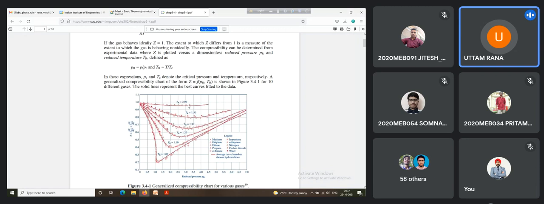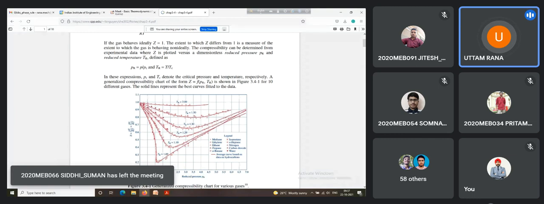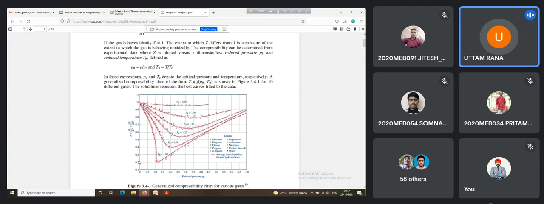Now the important thing is when we may consider a gas to behave like an ideal gas. Let us consider reduced pressure PR equal to 1 and reduced temperature TR equal to 1. What is reduced temperature? Temperature T divided by the critical temperature. What is reduced pressure? Pressure P divided by the critical pressure. In this graph, when the reduced temperature TR is equal to 1, it corresponds to this particular curve. And when the reduced pressure PR is 1, you can see this point. So what is the value of Z? It is 0.2, far away from 1.